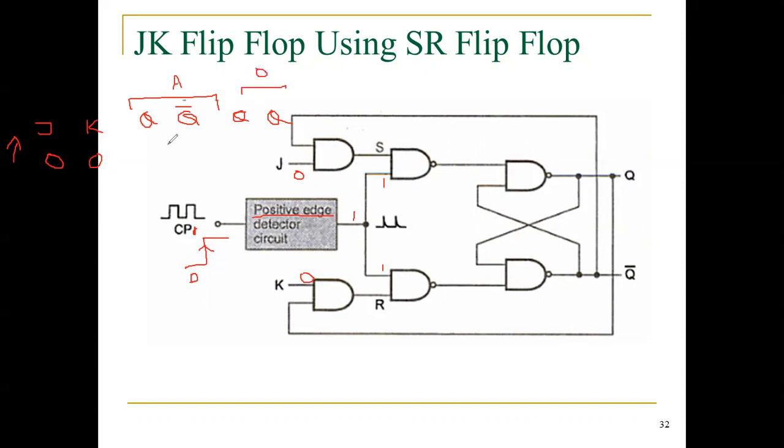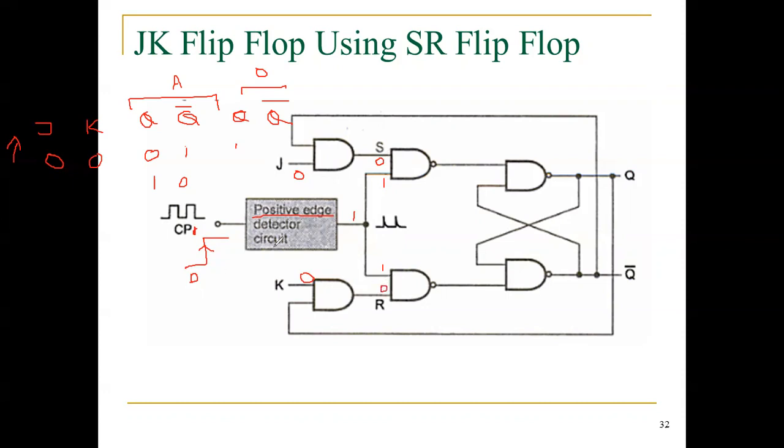Initially, I may assume this is 0 or 1. It is automatically 1. Why? Q equal to 0 means Q bar equal to 1. Q equal to 1 means Q bar equal to 0. Similarly here, my Q equal to 0 means what? And Q bar equal to what? We will trace the operation now. Since my J input is equal to 0 and K input is also 0, one of the inputs of this AND gate is 0, so automatically the output of this AND gate is equal to 0. So now this is also 0, this is also 0. Please listen, 0.